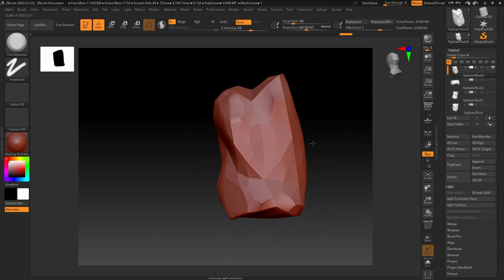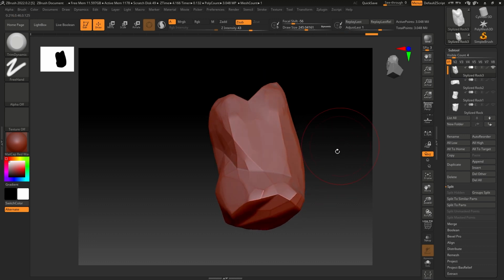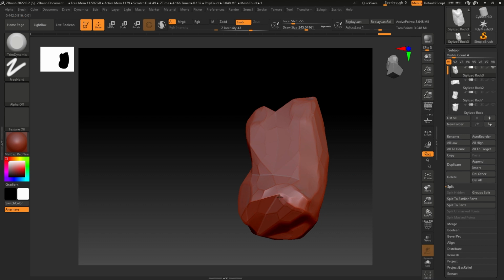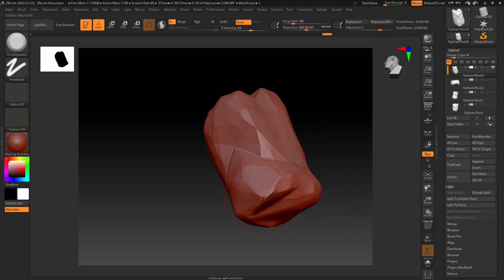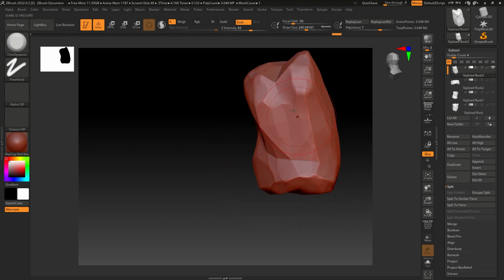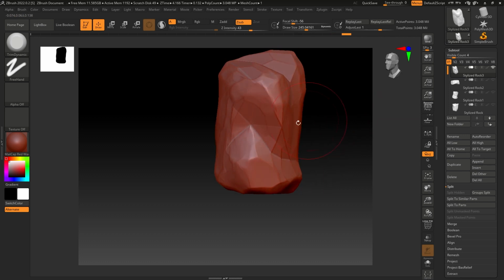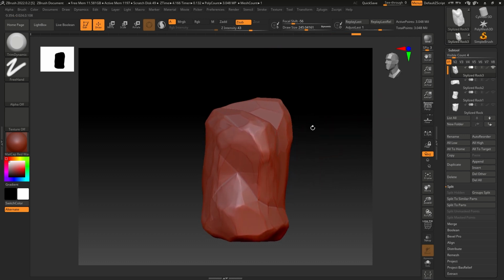So just keep sculpting and remove these hard edges like this. You can also use the flatten brush, but that will give us more realistic results. So we just want something like this,